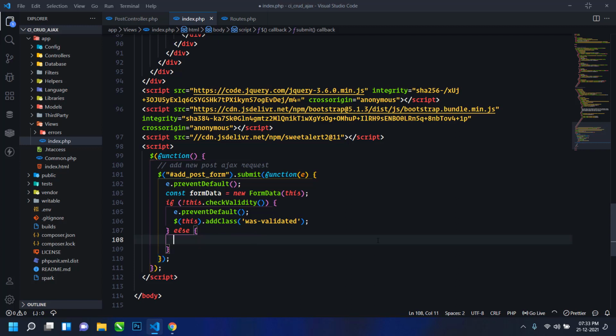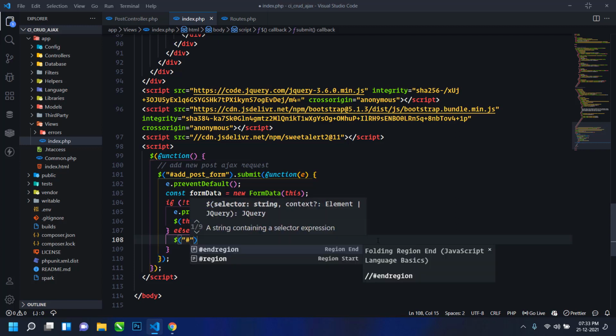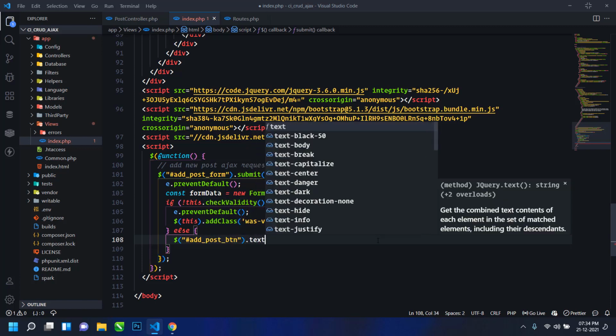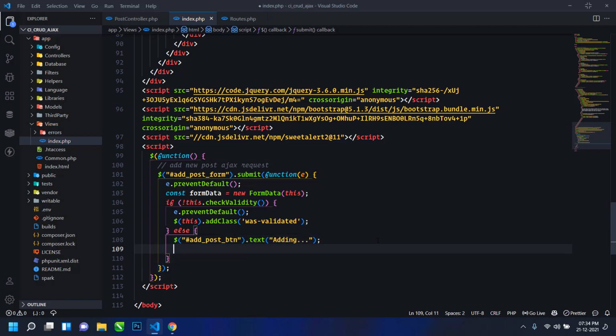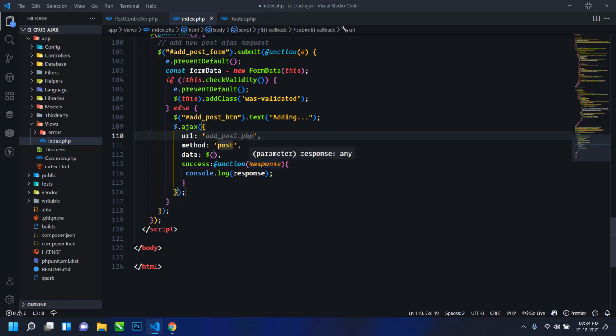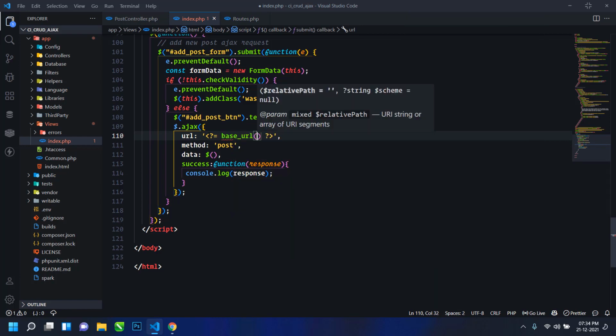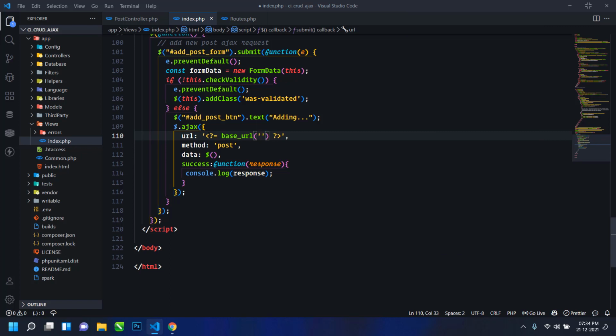So here, first I will select the button, add post button. So add_post_btn, then I will change the text to adding. And then I will use the ajax request here. So here in url, I will use base url, and here I will write post/add.